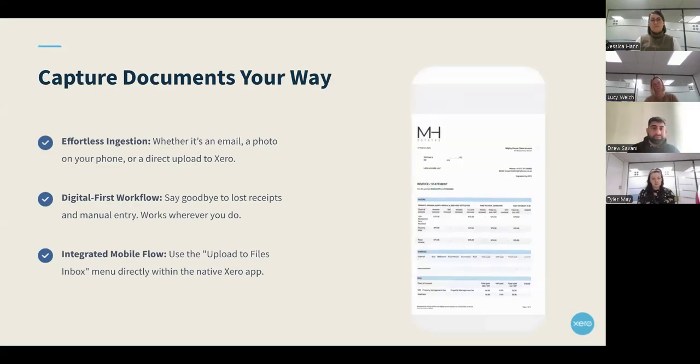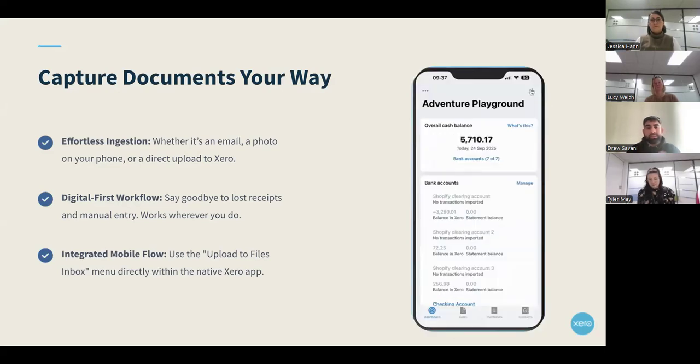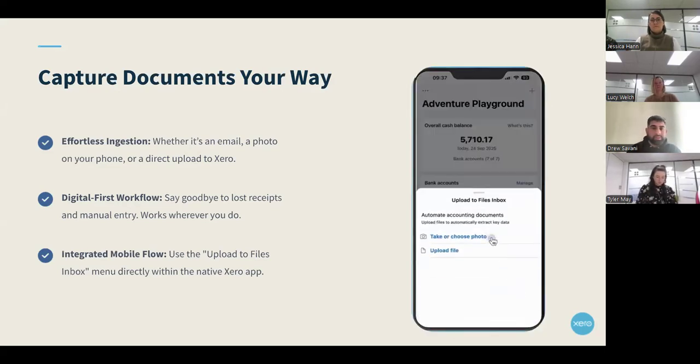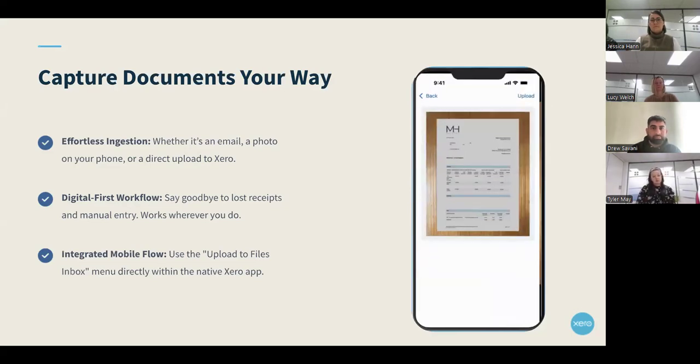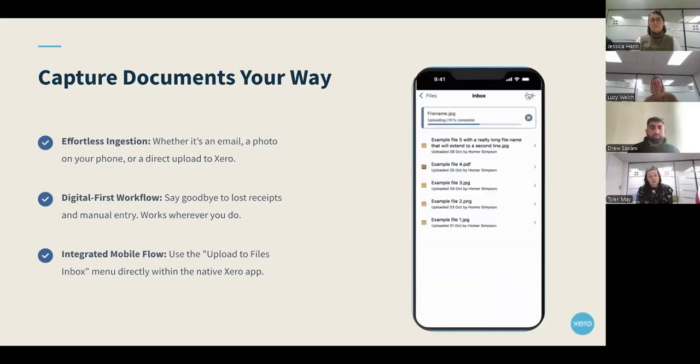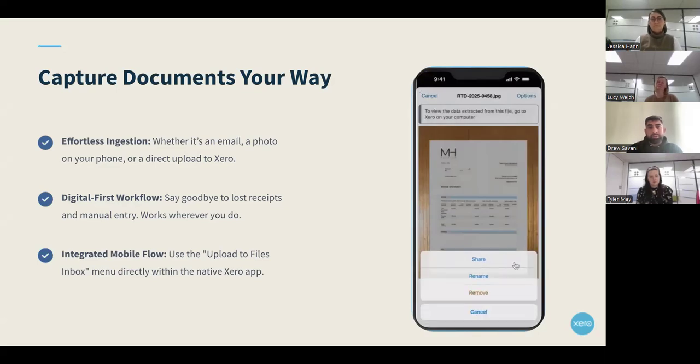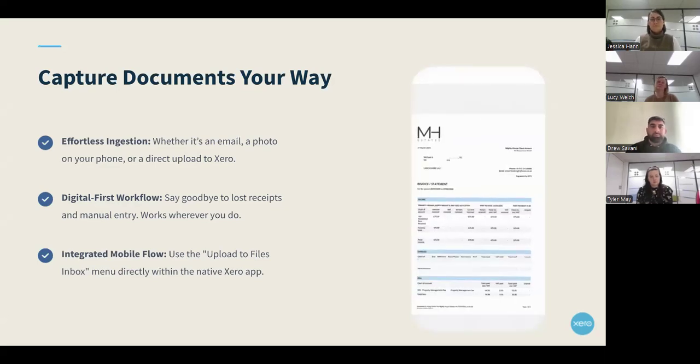That email address is unique to you as a client, and whenever you send a document to it, it will automatically go into the files section of Xero. There are numerous different ways of uploading information. Ultimately, once the document has been uploaded, the process post upload remains exactly the same.